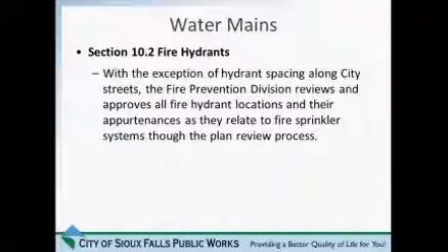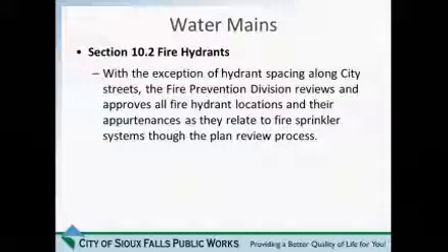Section 2 deals with fire hydrants. As I stated before, we've made some wholesale changes or deletions to the engineering design standards here because a lot of the information that's embedded within the design standards is covered through NFPA 24 and 25.